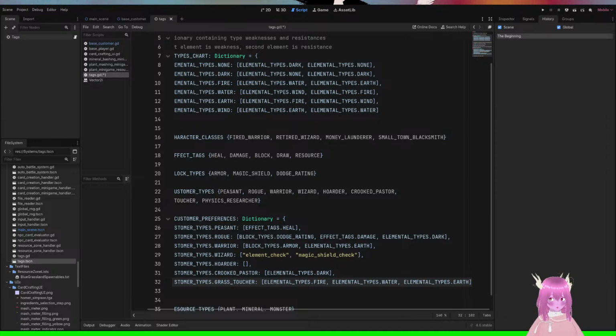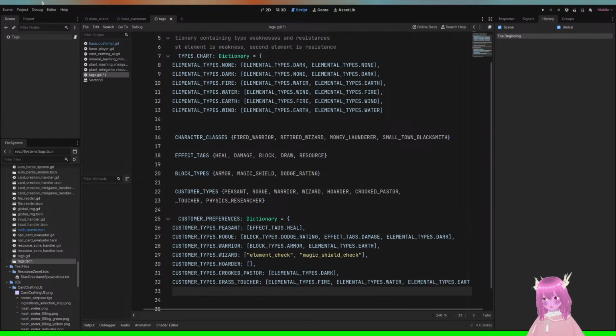But the thing that this does not cover is something like what I put in here where it says earth damage is less effective against the grass toucher. Which is, I mean, accurate. That is how it's gonna work.